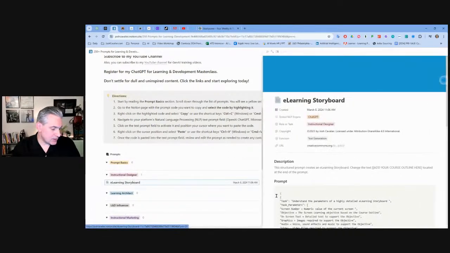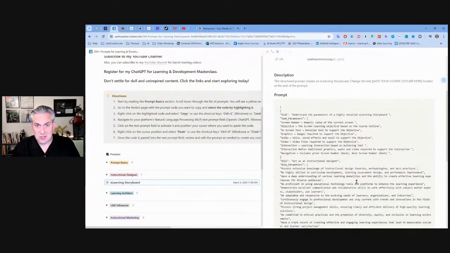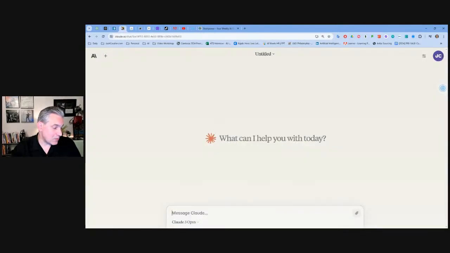And grab an e-learning storyboard prompt. Now, this is a structured prompt. Don't worry about the code, okay? But essentially what it's doing here is it's creating a storyboard. Now, what's funny is I haven't run this prompt before in Claude, so it's going to be interesting to see what it does here. I've copied this whole prompt into the clipboard,